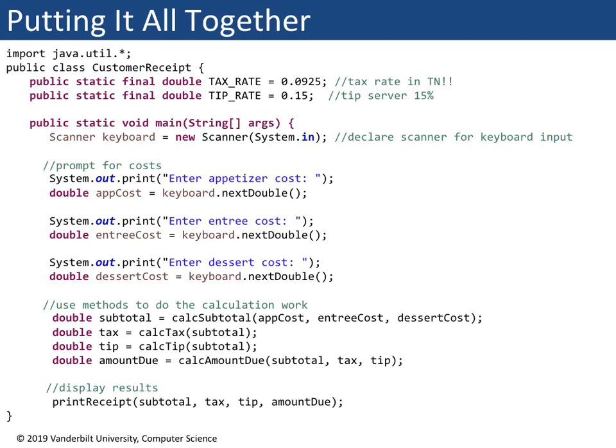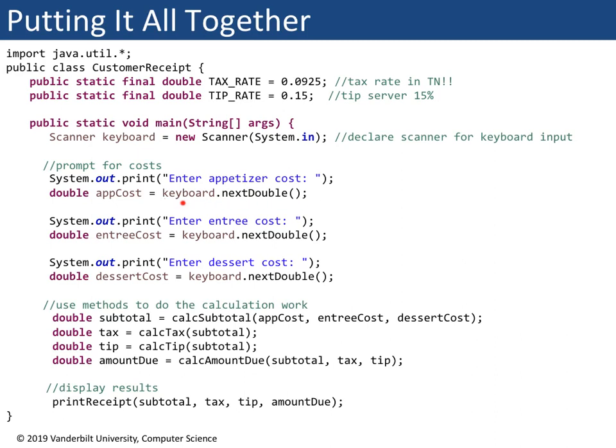Then we are going to prompt users for the cost by printing out "Enter appetizer cost," and then we are going to use our keyboard object to get the next double. So there's a method called nextDouble, and this will get the value which is typed by the user and return the value